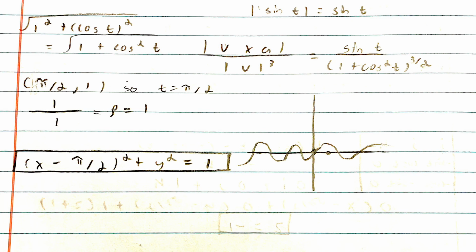And we don't want to shift this up because we want the edges of our circle to match up with the curve, because that's the basis of a circle of curvature. So doing that, we know that our final circle is going to be x minus pi over 2 squared plus y squared equals 1. And you square the radius, but it's 1, so it says